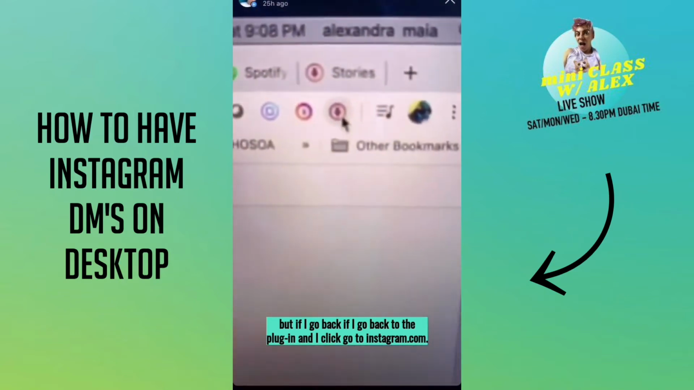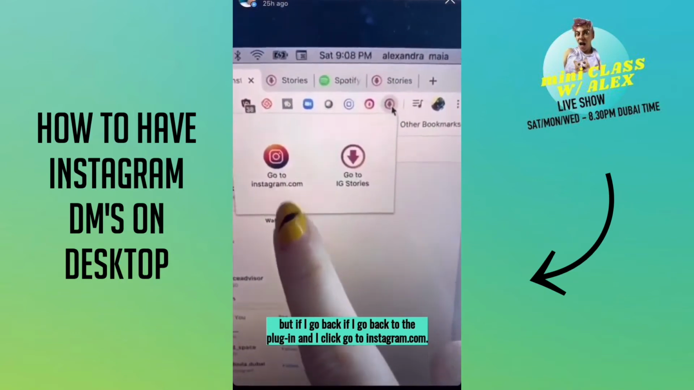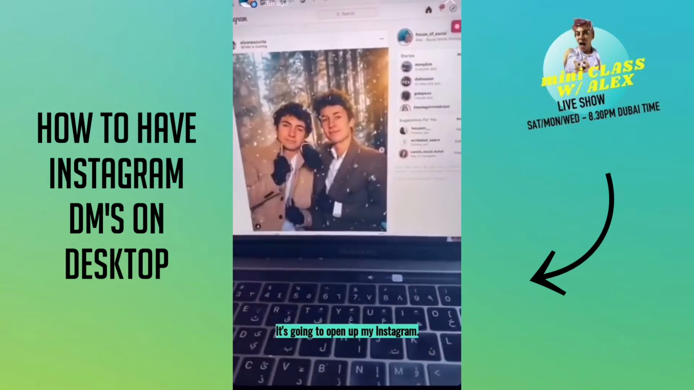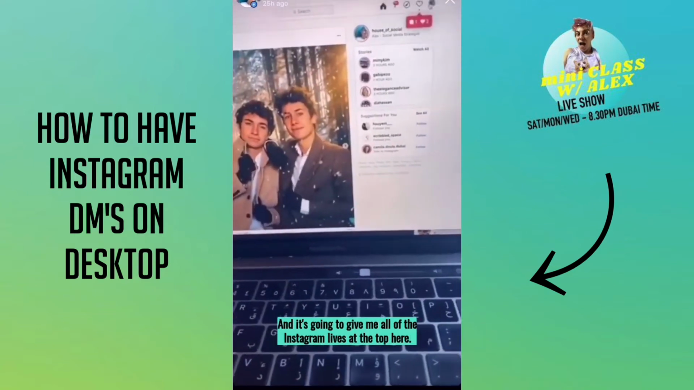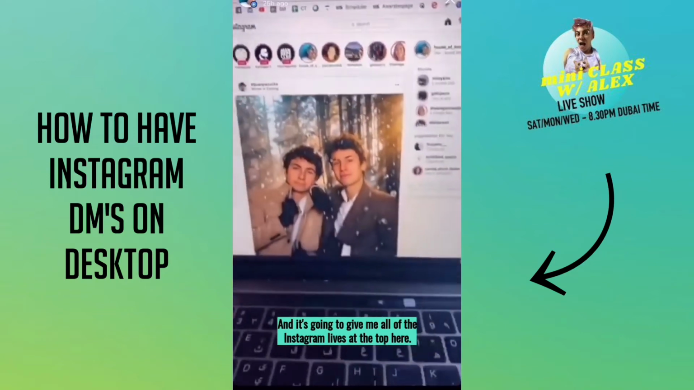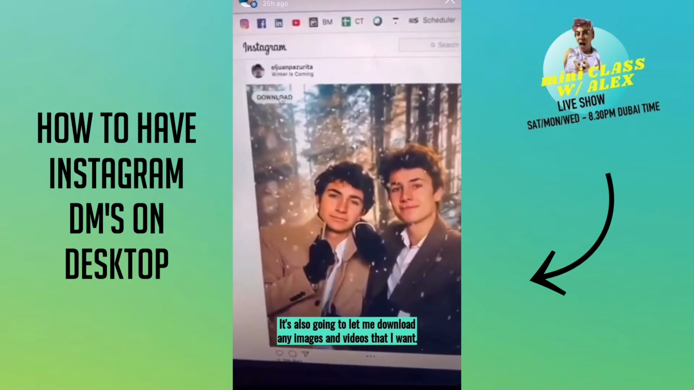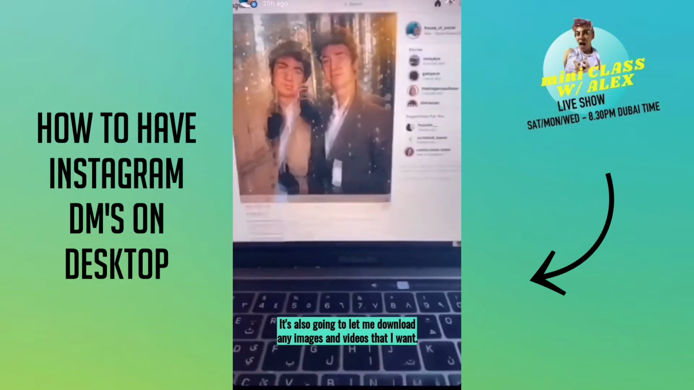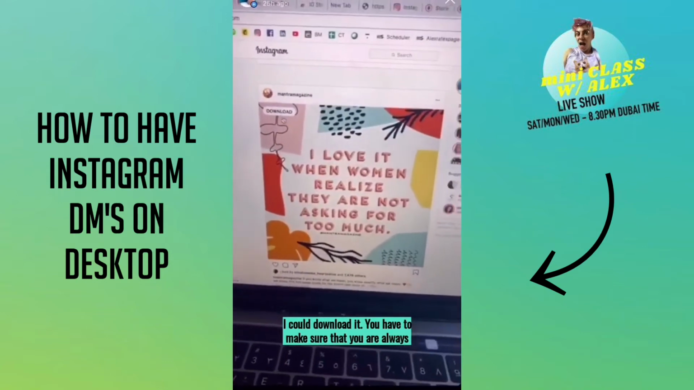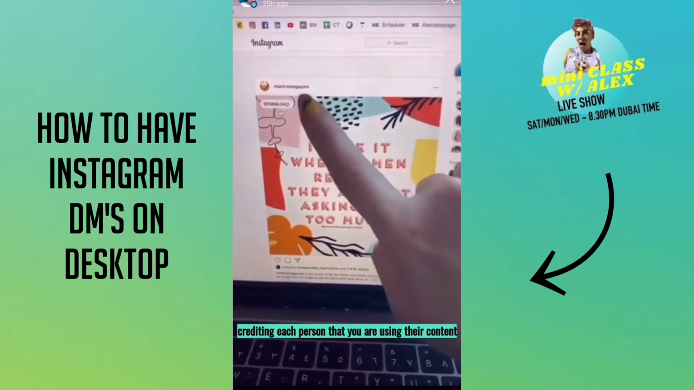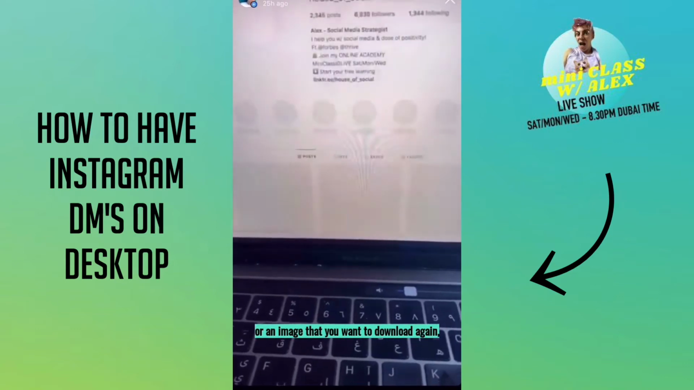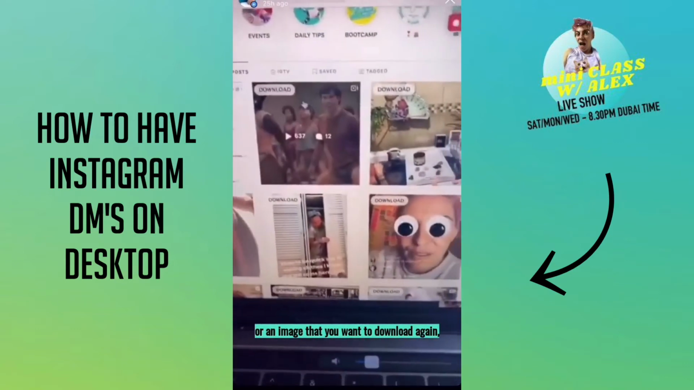to the plugin and I click go to Instagram.com, it's going to open up my Instagram. I'm going to go to home, and it's going to give me all of the Instagram lives at the top here. It's also going to let me download any images and videos that I want. So imagine if I would want to use this image, I could download it. You have to make sure that you are always crediting each person that you are using their content. Or if it's you, and if you have a video or an image that you want to download again, you